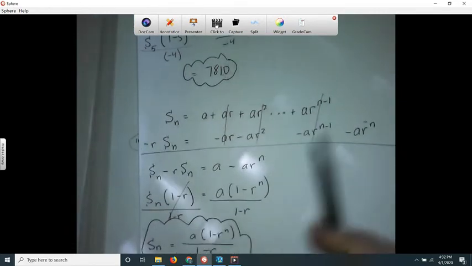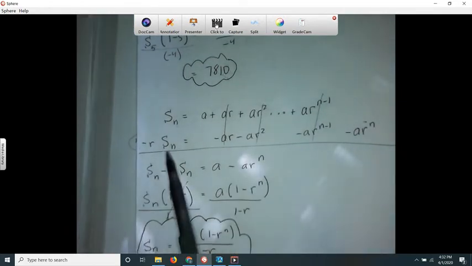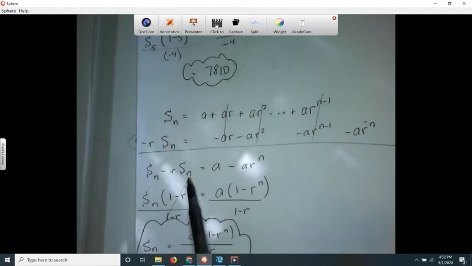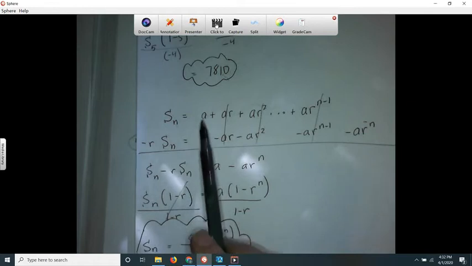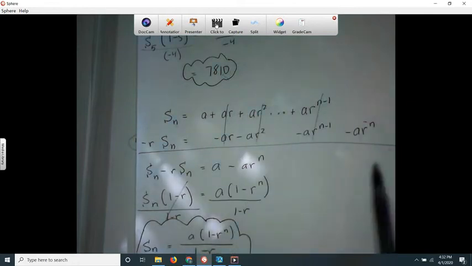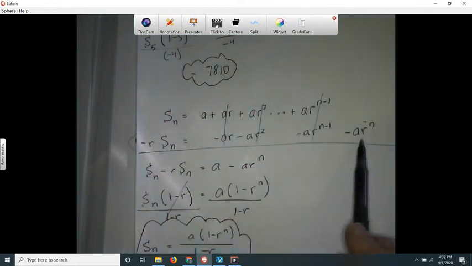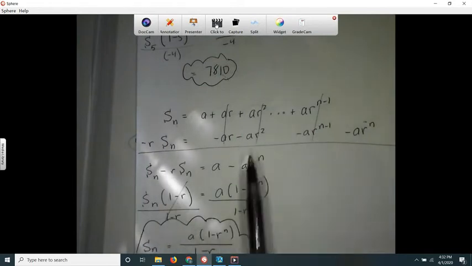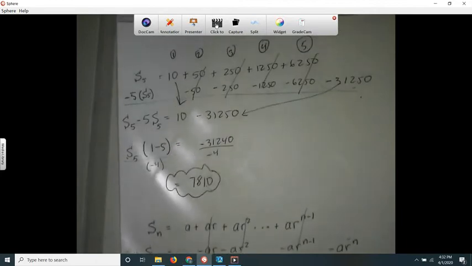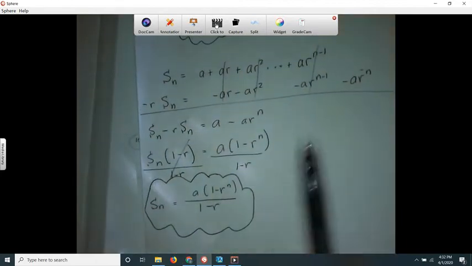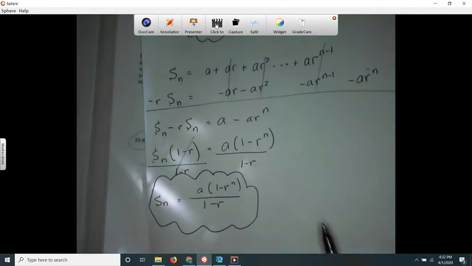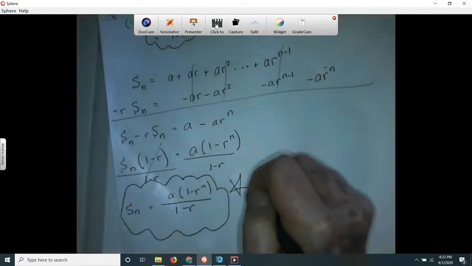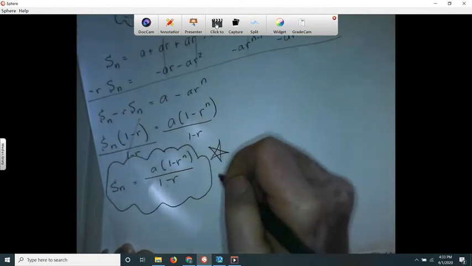So this is how it looks. You go S sub n minus R times S sub n equals A. And then all these cancel out. And then this is negative A times R to the n. So basically, even if you don't understand how this is derived, when I do all this work, I get this formula. This is the formula that gives me the sum